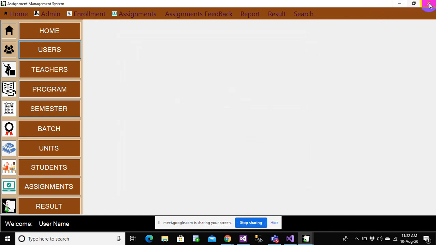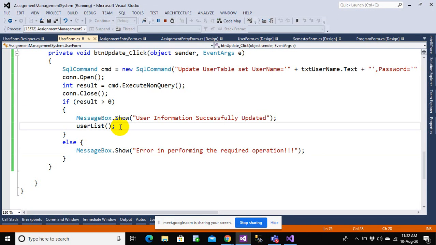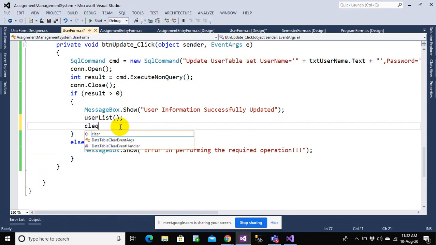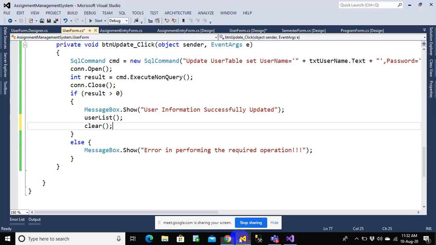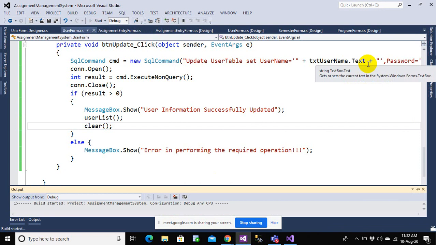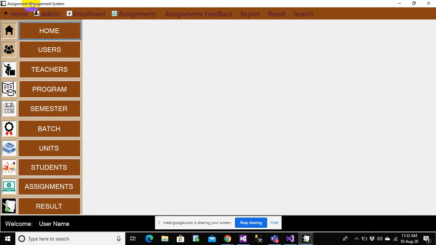Perfect. So once we make an update operation, you saw that the fields are still there. Once the user is updated, we want to clear the fields. So let me do clear, so that your screen will be clear. Let us try this again and see what will happen. I'll also try to show you how to create this login today.